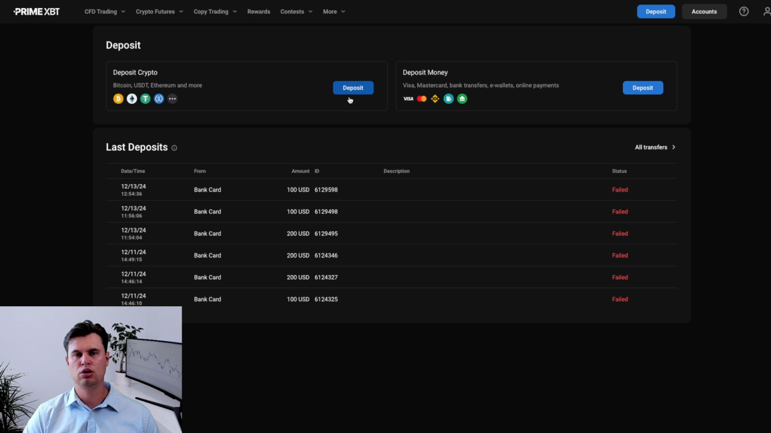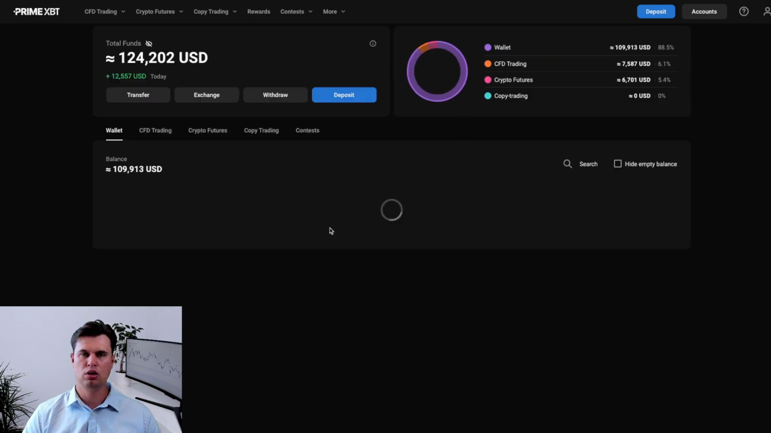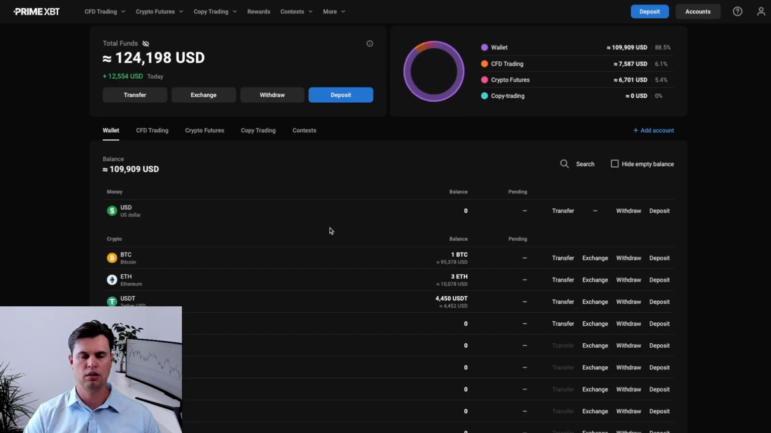Within there, you can go through a range of different options, whether it be Bitcoin, Ethereum, USD Tether, or from a fiat currency point of view, a bank card, a direct payment, or whatever it may be. So whatever option you're looking for, go through those options and choose what best fits you. Once you have made the necessary deposit, it will come into your account looking something like this. So if you have a look here, you can see I've got some Bitcoin, Ethereum, as well as some USD